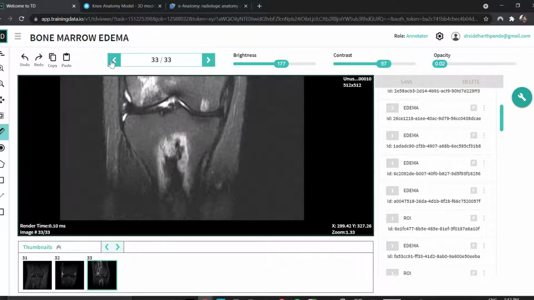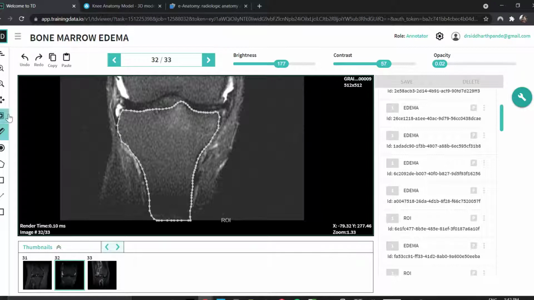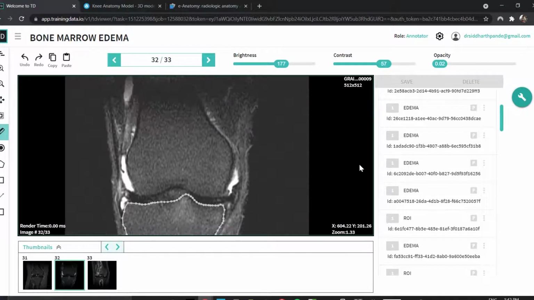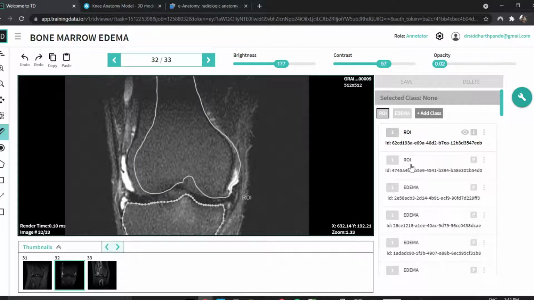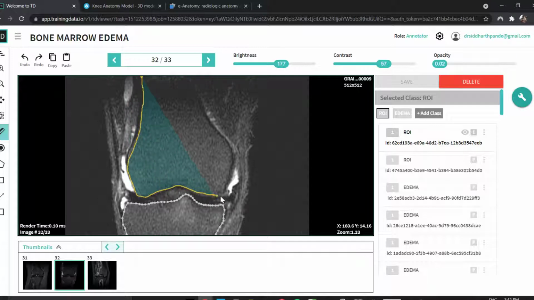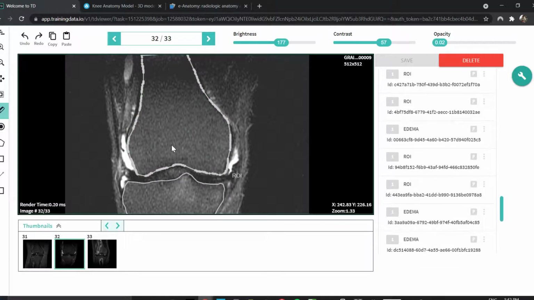Next image. But in this image, obviously, we have not done the upper part, so you can choose from another ROI or any ROI which suits this, and either propagate it or completely draw a new one. That's all. That is all you have to do. And for doing a single image, you will get around 2 to 3 rupees. All right, it barely takes any time.